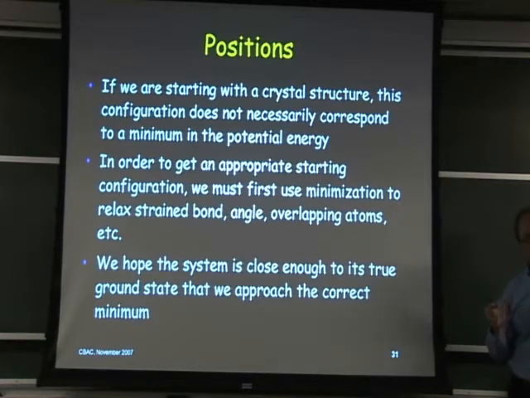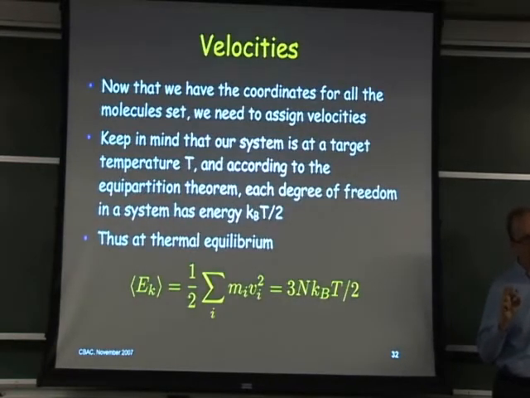We have to, first of all, minimize it. We want to minimize its potential, get it down so that, hopefully, ideally, each atom is in its minimum position. We'll get rid of strained bonds, angles, and potentially overlapping atoms, which have van der Waals steric clashes, and so on. So we minimize it until we get down to a minimum, at least close enough. That's the zeroth derivative. That's the position part.